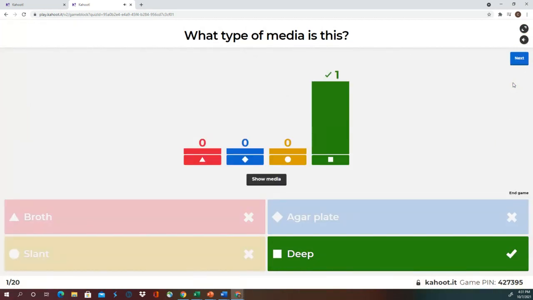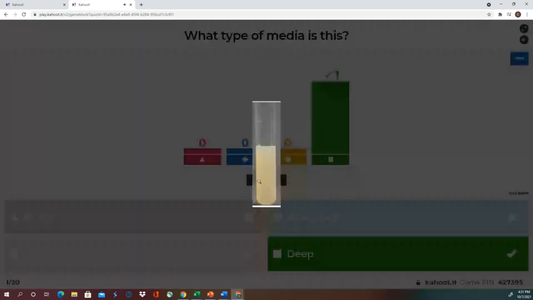All right, so let me show the media. There are going to be quite a few pictures on this exam, so you definitely want to know the different types of media. So this is a test tube full of solid media, and so we call this an agar deep. Okay, an agar plate is solid media in a Petri dish. A slant is solid media